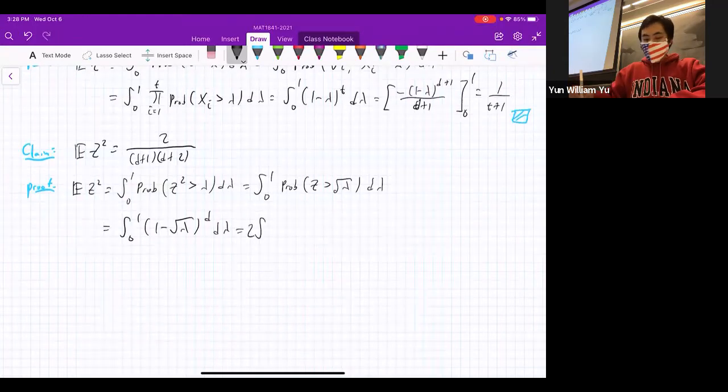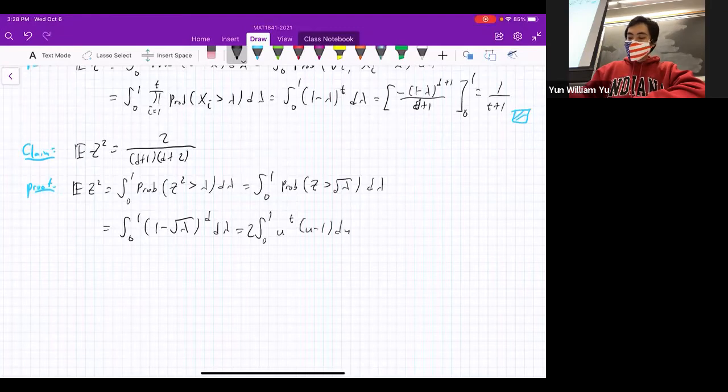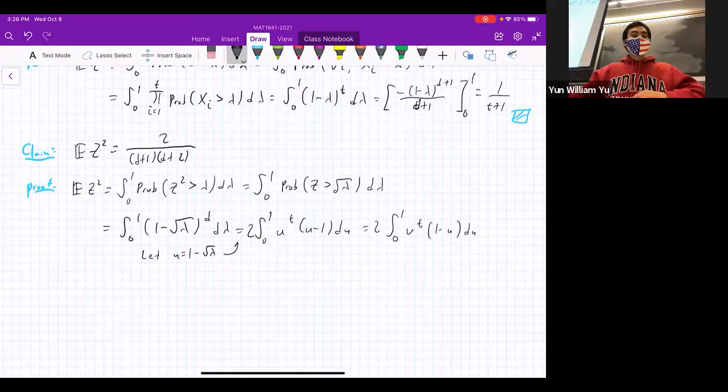So there's a lot of uninteresting calculus here, but let me write down all the important steps. So that's 0 to 1, u to the d, u minus 1 du. If you just do a u substitution where we let u be equal to 1 minus lambda, that's what we're doing there. And that's equal to 2 times the integral from 0 to 1 of u to the d, 1 minus u du. And this is going to be equal to